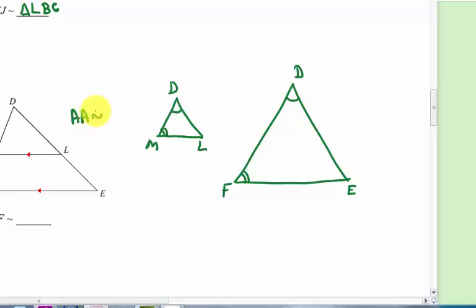So you got angle similarity. Yes, those are similar. So we would say the triangle DEF is similar to triangle DLM,